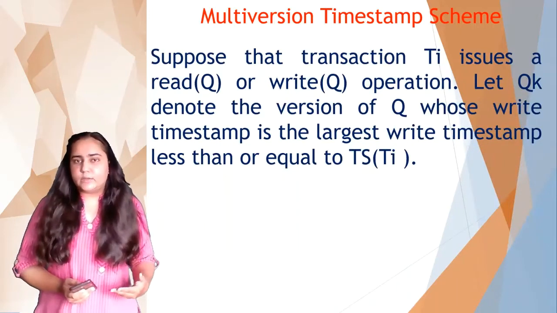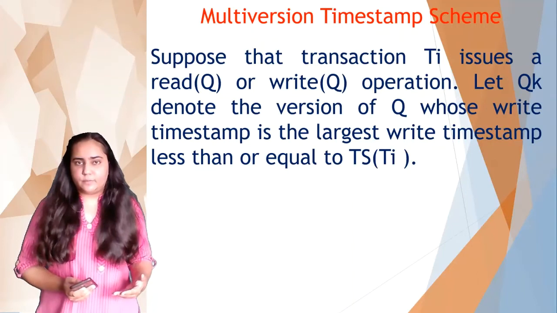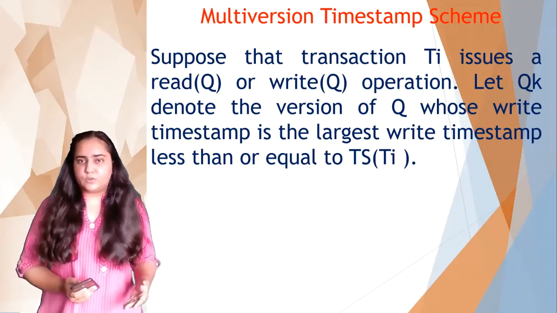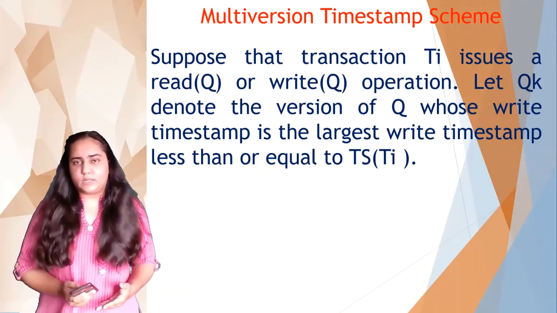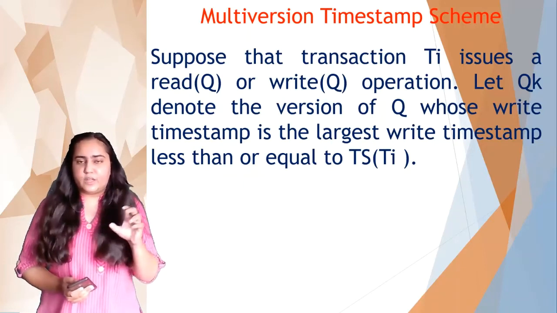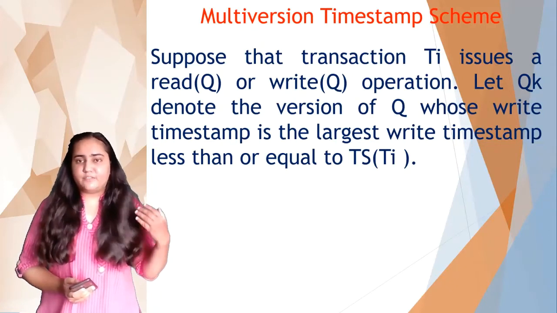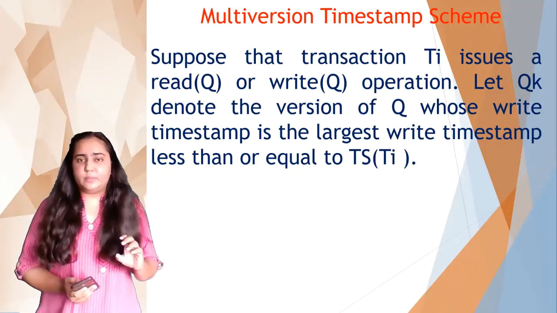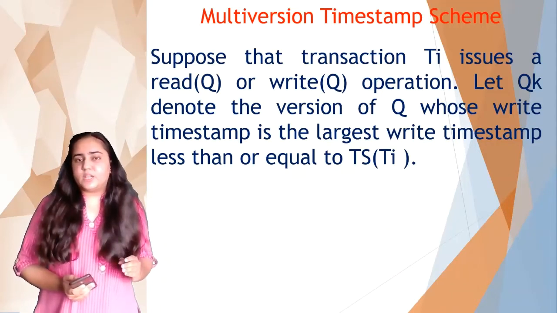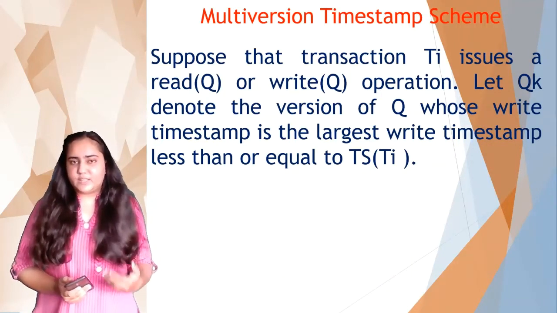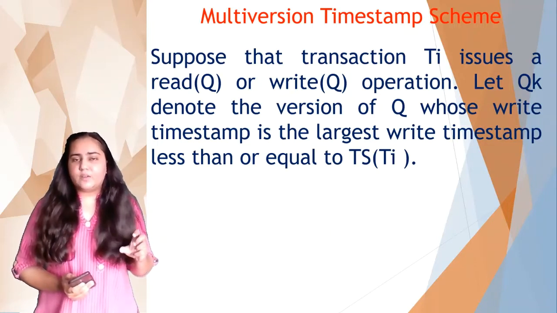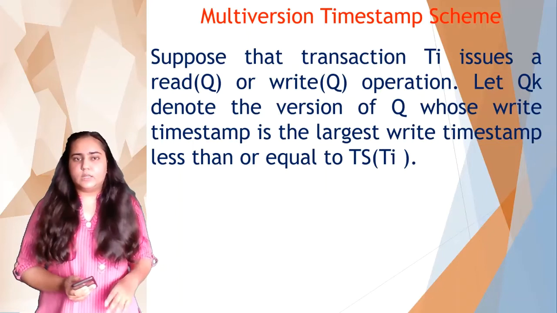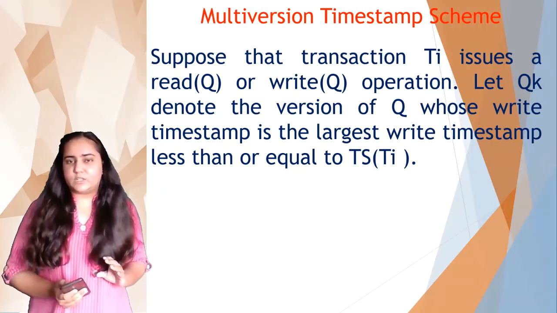So suppose there is a transaction Ti which issues a read Q operation or a write Q operation. Then let us also use QK to denote the version of Q whose write timestamp is the largest write timestamp less than or equal to timestamp of Ti. So we have several versions of Q. Remember that we have a data item Q, but we have many versions of Q. From there, we are going to pick the version of Q whose write timestamp is the largest write timestamp, but it is less than the timestamp of Ti. So it shouldn't be a timestamp greater than Ti, but less than Ti, which means we are making sure that we are picking a version of Q that has been updated by a transaction that appeared just before Ti. So that way we can make sure that it's a data item that was written by a transaction that appeared